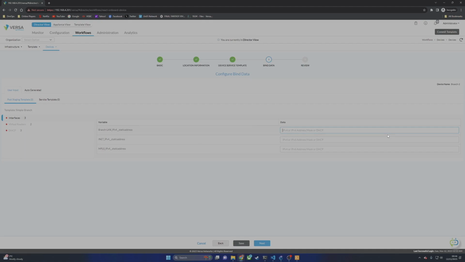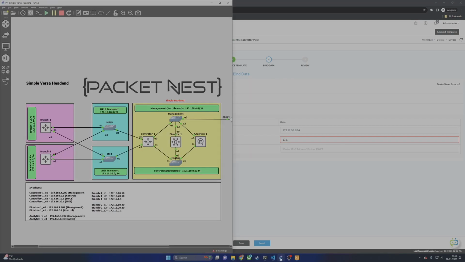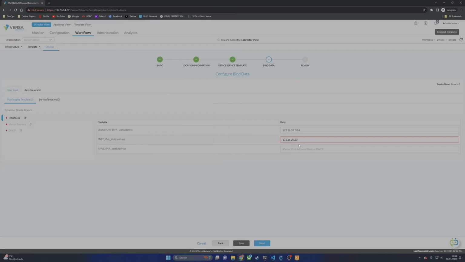So this is going to be 172.19.20.1/24. INET, sorry, I've forgotten that again. INET for branch 2 is E2, 20.20. And then MPLS is 172.16.10.20/24. Virtual routers will go 172.16.20.254 again. Sorry, next hop on 172.16.10.254. And for DHCP, we'll go